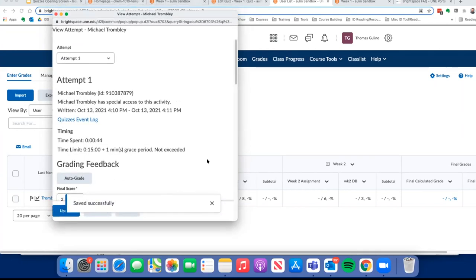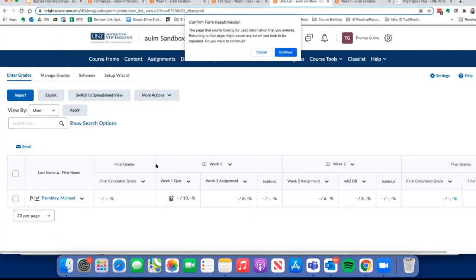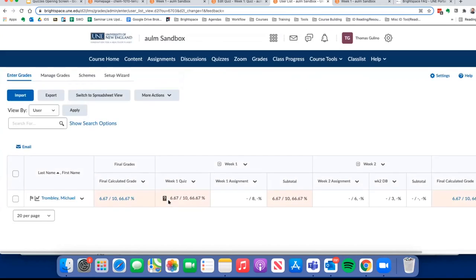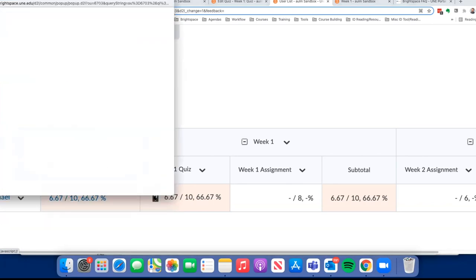And I'll X out of this assessment window and I'll refresh the gradebook. And what you'll notice is that the red dot will disappear next to his attempt. All right, so now zooming in to see his attempt, the question mark now, the red dot's cleared, he has a score. If you want to go back in and view Mike's attempt again, you can always click on the question mark,